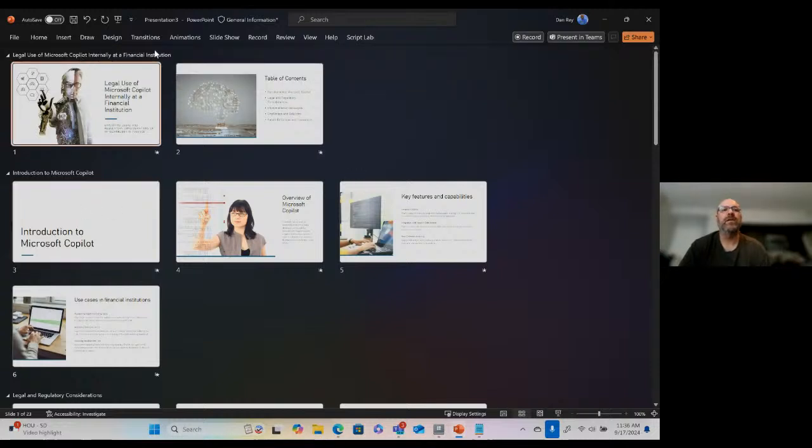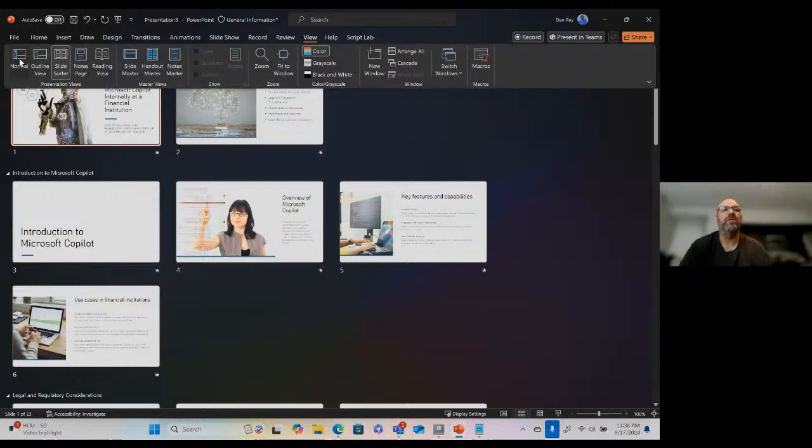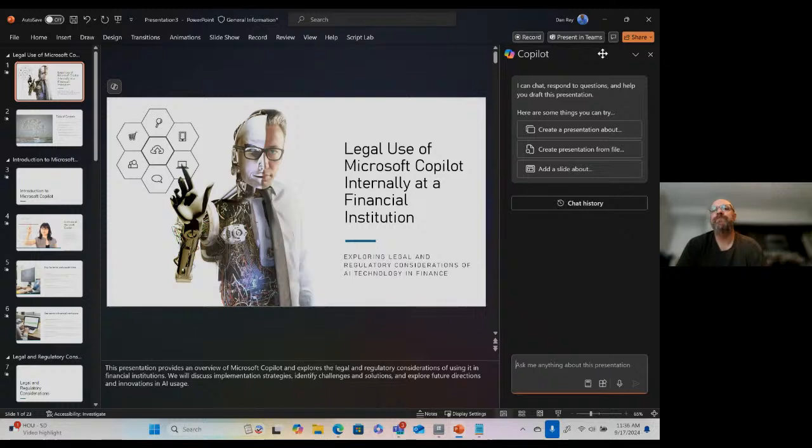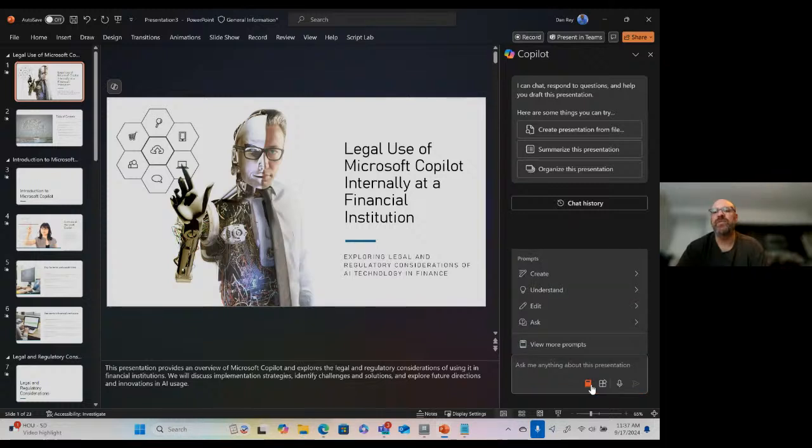Let's see here. Do I need to go into a different view to use this? There we go, Copilot. And then I can add a slide about, or I can do different things, or I can always come down here and view different prompts. Add an image.